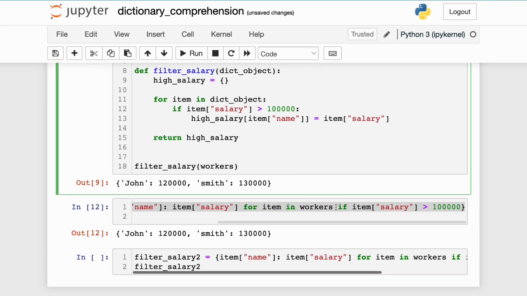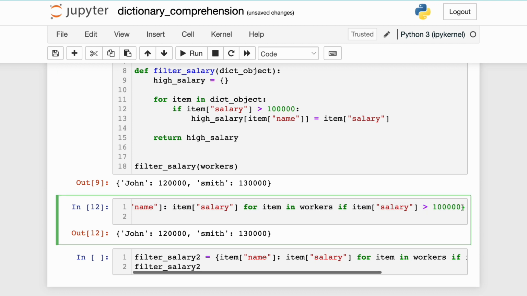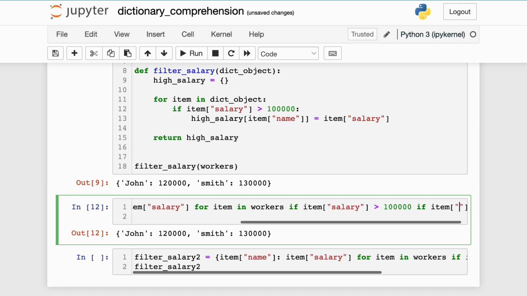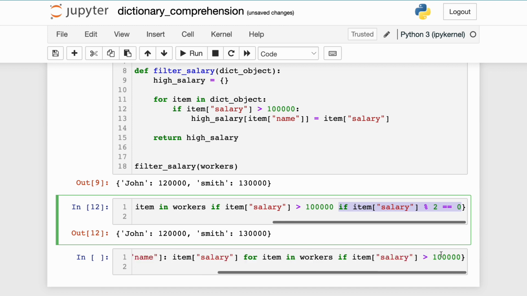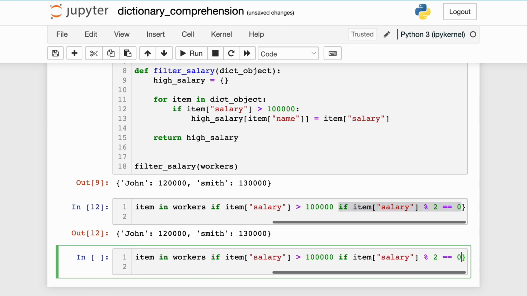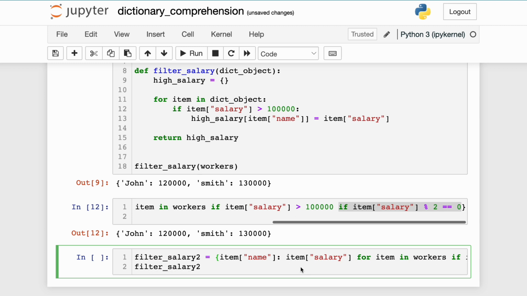So now over here, what I'm going to do is that I'm just going to add on another if statement over here. So I'll say if the items, and I'll access the salary key, so salary, if it is divisible, I'll use the modulus, when you divide by 2 gives a remainder of 0. Okay, so now, oh, I made it here, so let me copy it from here and paste it here. So let me paste this one over here, and what is going to happen is that when I run this code, instead of getting only one item in a dictionary,